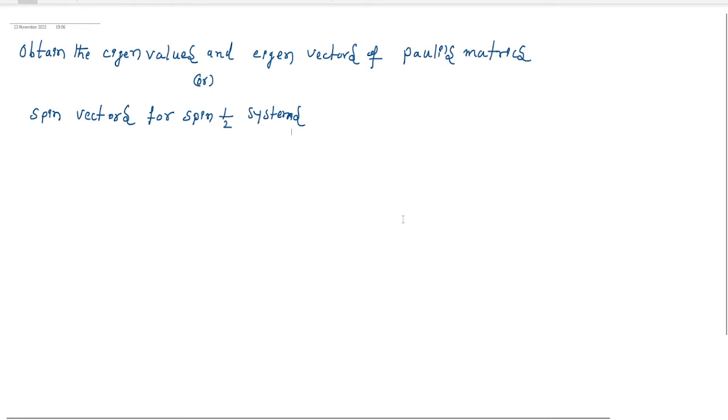Today I'm going to discuss eigenvalues and eigenvectors of Pauli matrices, or we can call this topic spin vectors for spin-half systems. The eigenvectors of spin matrices Sx, Sy, Sz can be obtained by writing the eigenvalue equation. Since the matrices are 2 by 2, the eigenvectors must be column vectors